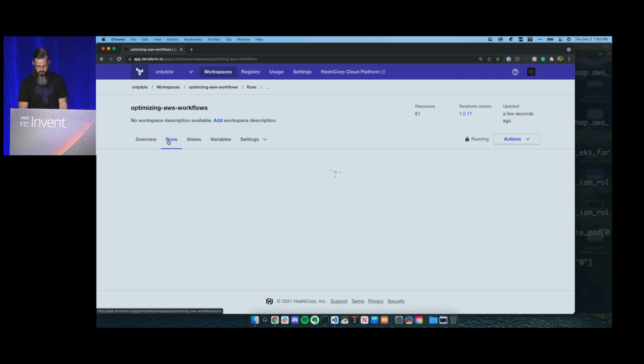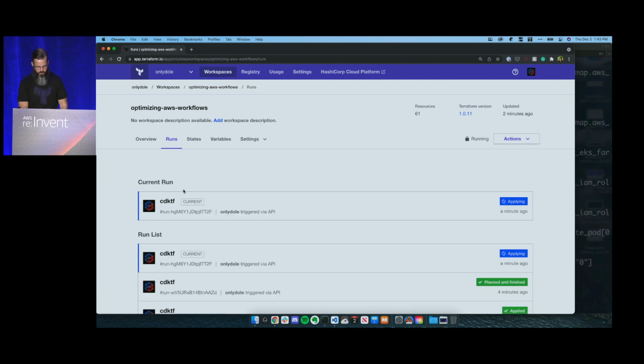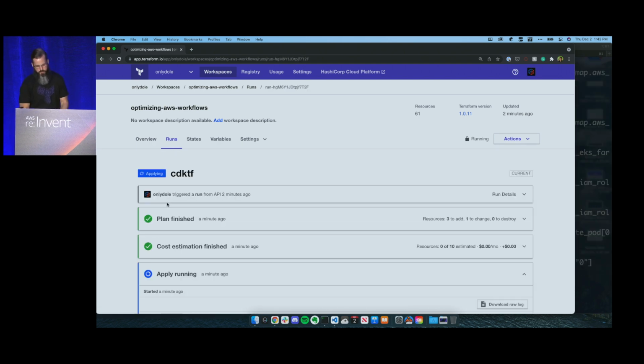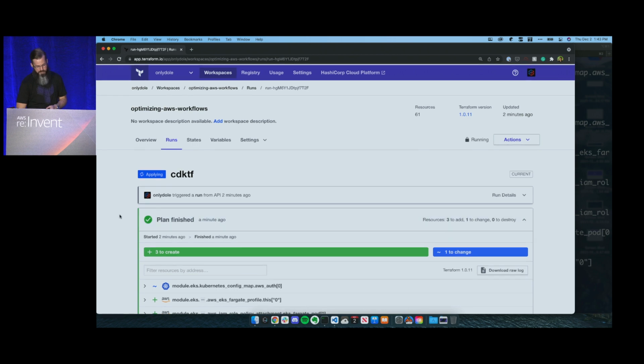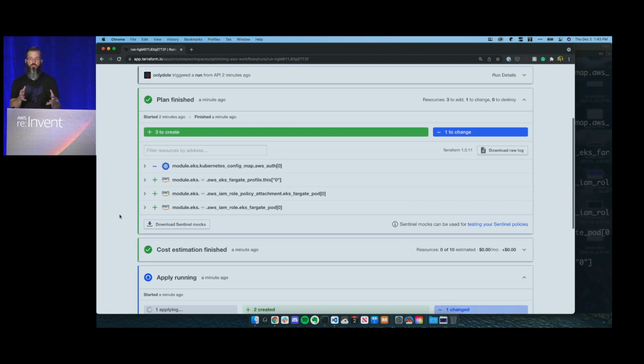So now if we click back into our runs, we should hopefully see, there we are in our applying phase. There are a couple different nuances going on here in this output as well. What we have here in our plan is what's known as structured run output.